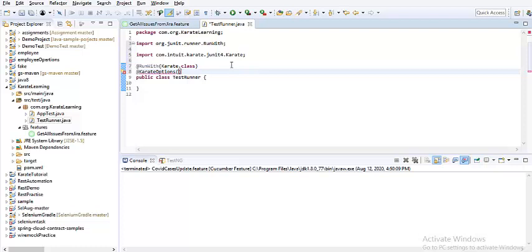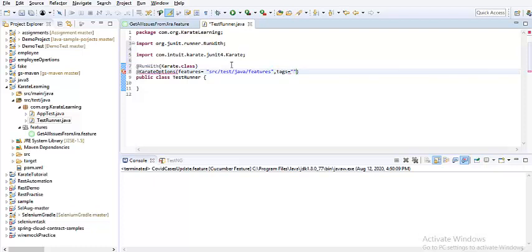It takes two attributes currently. One is features, where I tell the directory or path for the feature files. It is src test java and features, which is where my feature files are present. Then I'll have tags.